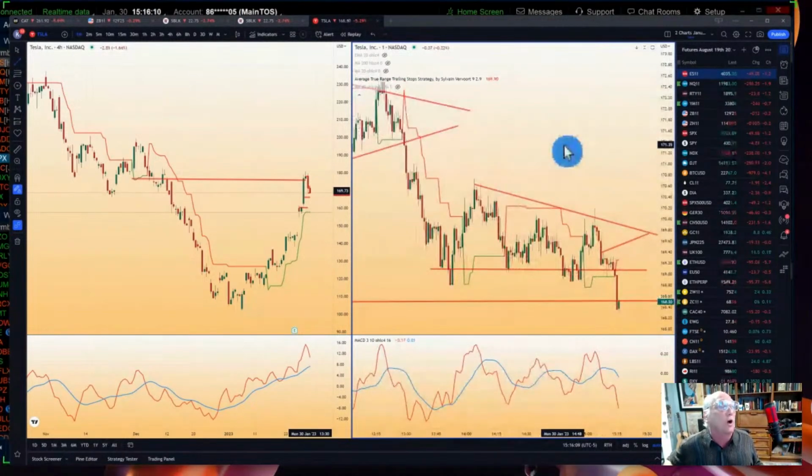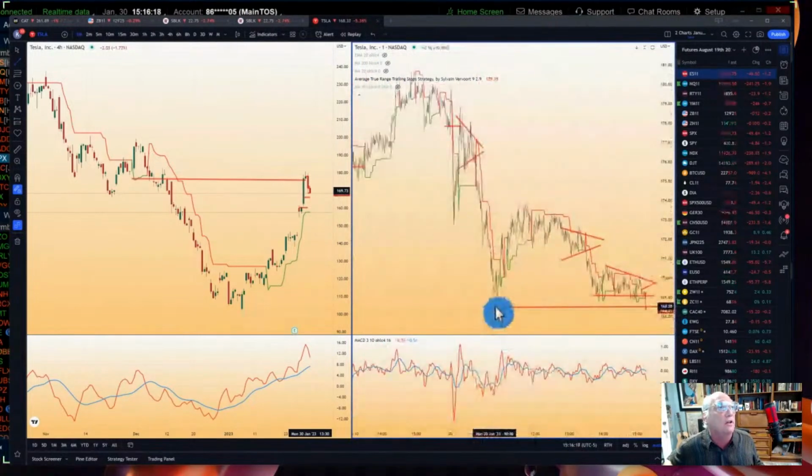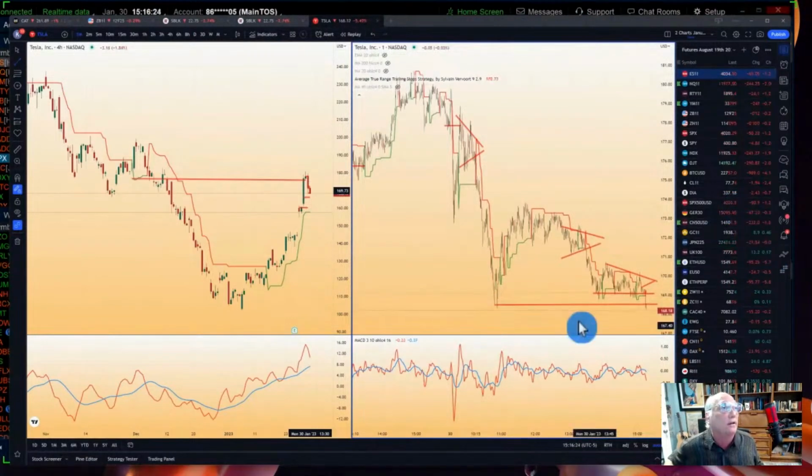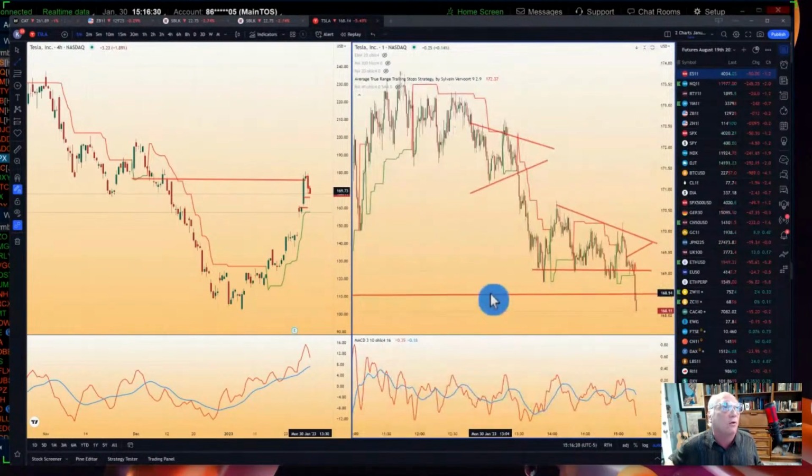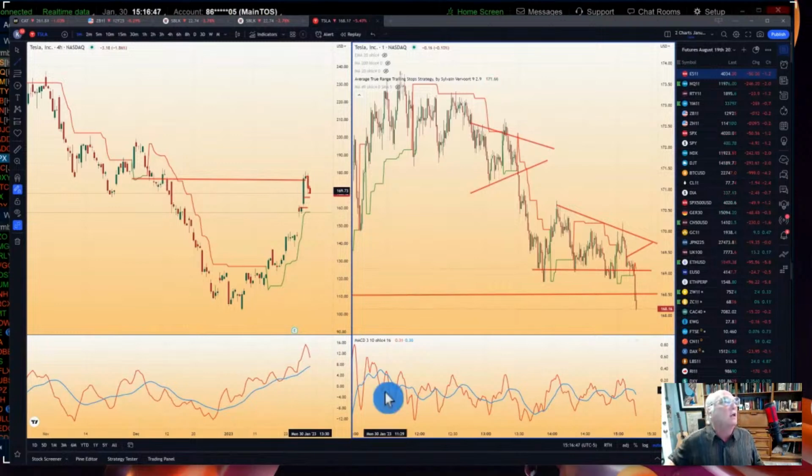Now, I don't know on Schwab how to put in a one-cancels-the-other, but usually when something breaks like this, and I'm short from way up here, and it's right here at this level, a lot of times I'll just buy back half. I mean, that's a quick point. But I'm not sure yet. Then I play with the house's money. Sometimes it's just financial reasons. There. I bought it back at 168.15.